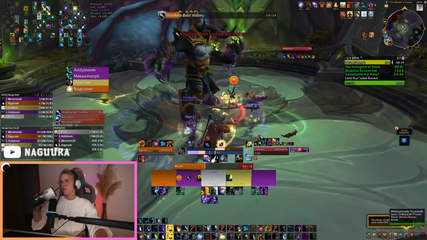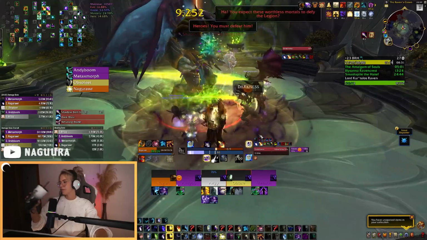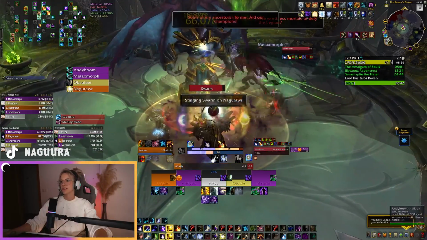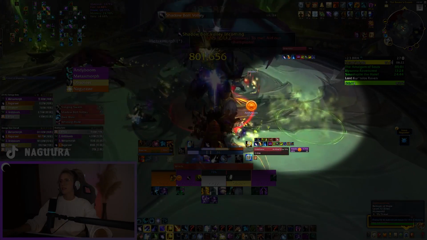Each Shadow Bolt volley also leaves behind a dot on the whole party, so keep that in mind. Additionally, the boss also spawns green clouds around the room, and if a player gets in contact with them, they will fall asleep. The sleep debuff is a magic effect, so it can be dispelled, but still be very careful